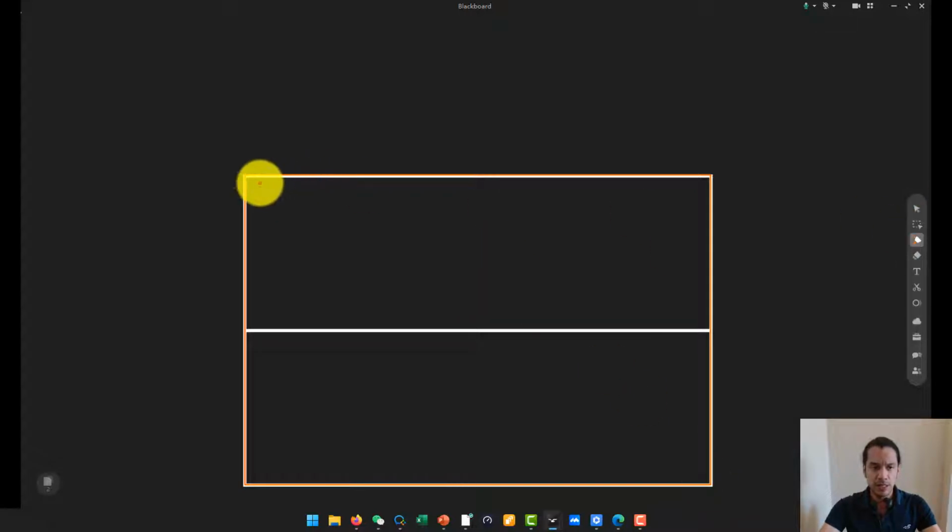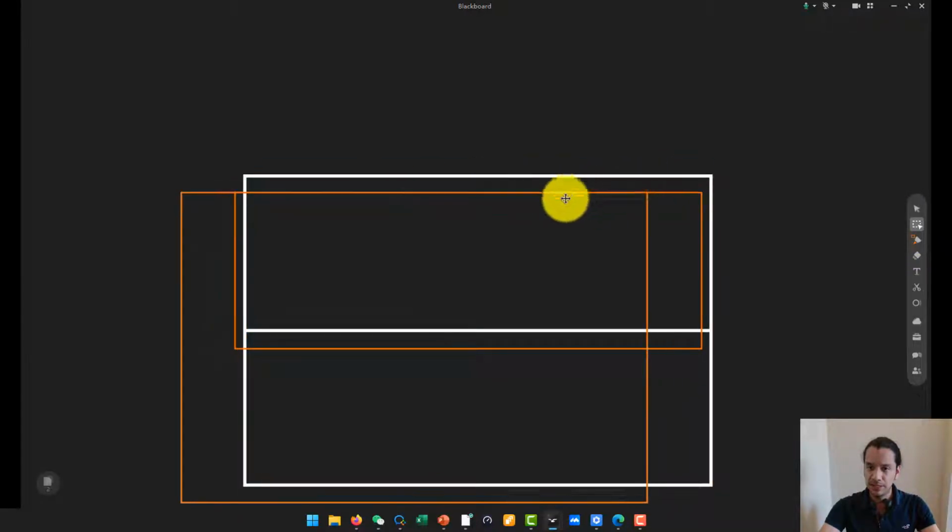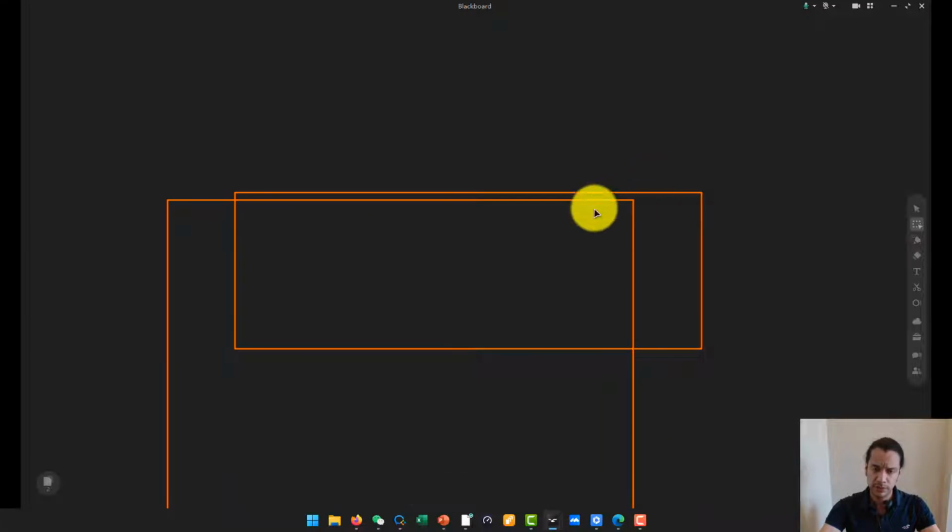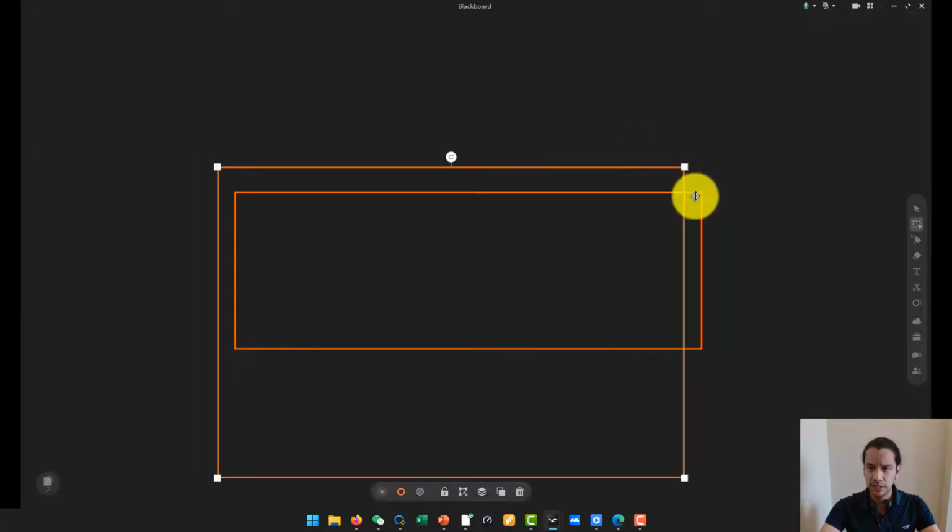And to make the other rectangles that you can color now, I'm gonna make another one and just use that white one as the guideline. Here we go, like that. Look at that. All right then. So now we can delete the one from PowerPoint. Let's get rid of that. We're not gonna need that. And then